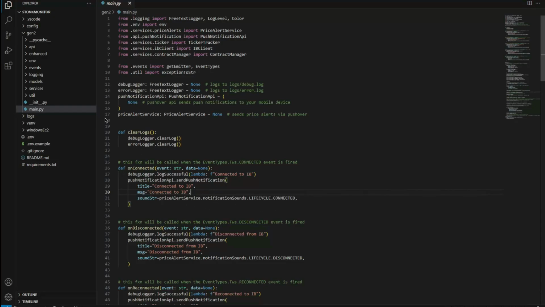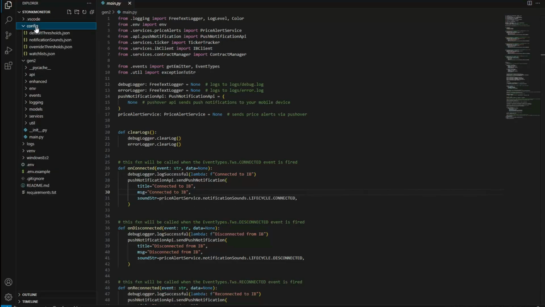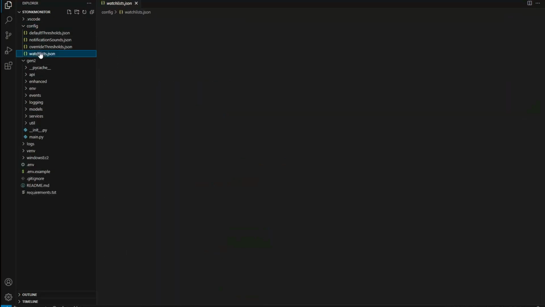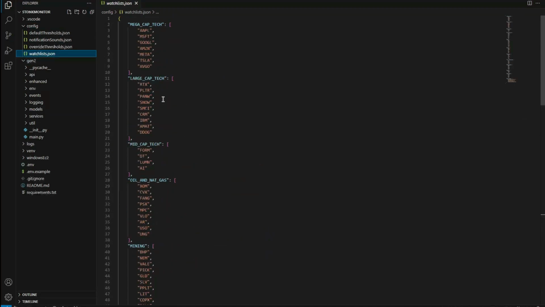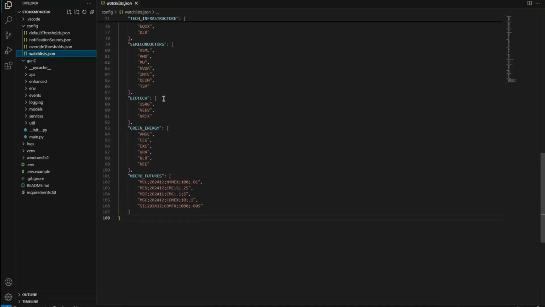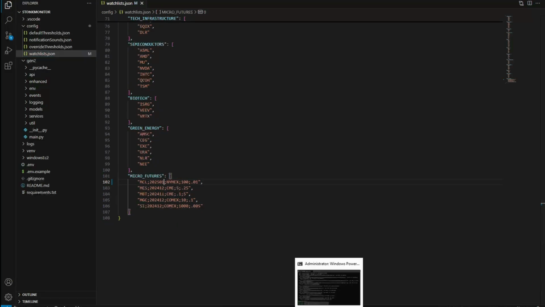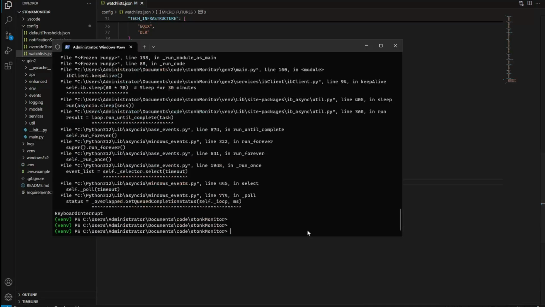So let's fix that. I'll go to the config folder and the watchlist.json. This is where I define all my contracts. The futures are at the bottom, and if you scroll up, the rest of them are stocks. Those are pretty easy, but the futures have dates and stuff. This is the one that threw the error, and even though it's still November now, those December contracts can expire in November. So let's just switch it to the January